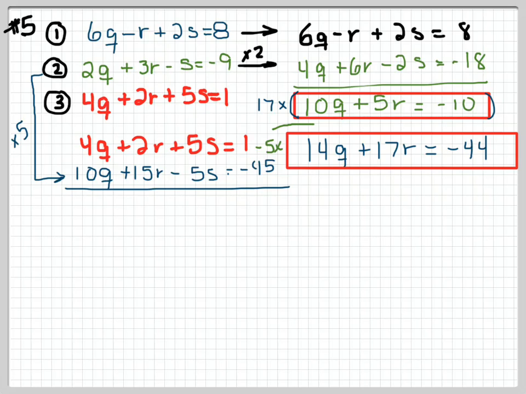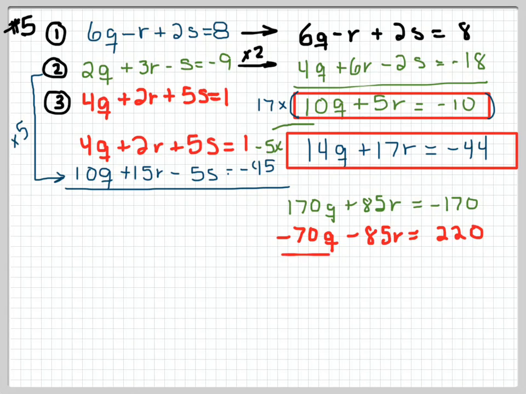So here comes that top equation. I take 17 times 10Q and I get 170Q. I take 17 times 5R, I get 85R. I take 17 times negative 10, I get negative 170. The second equation, I take negative 5 times 14, and that gives me negative 70Q. Take negative 5 times 17, I get negative 85R, which is what I wanted. I take negative 5 times 44, and I get positive 220. And when I add those two together, I end up with 100Q equals